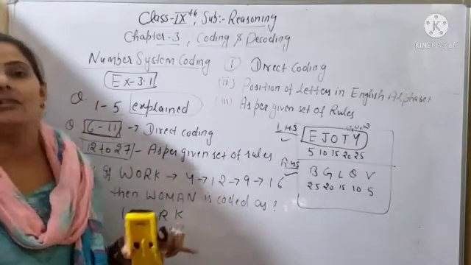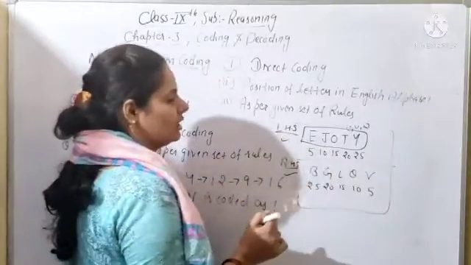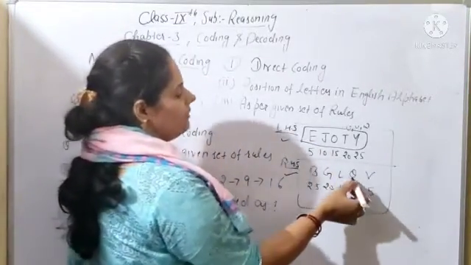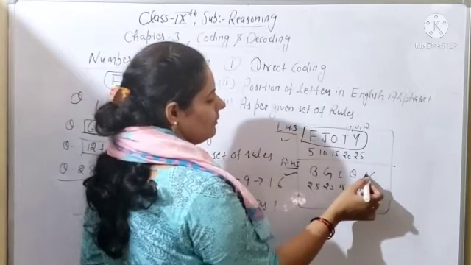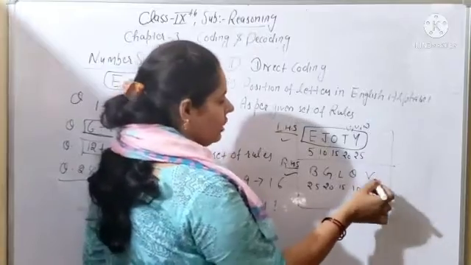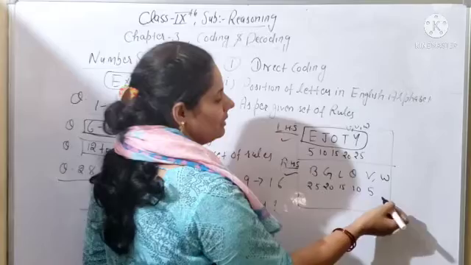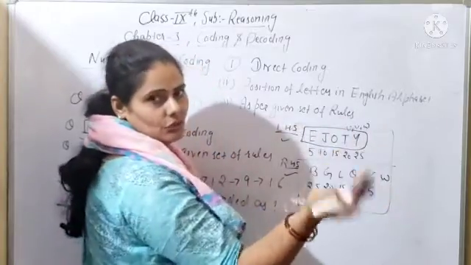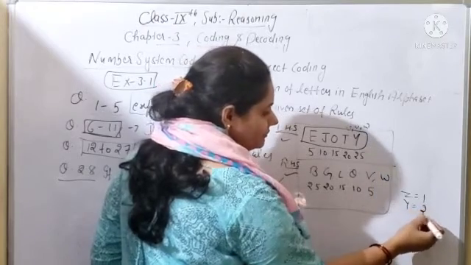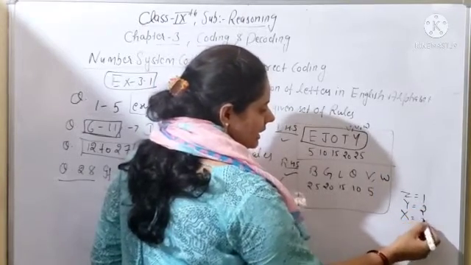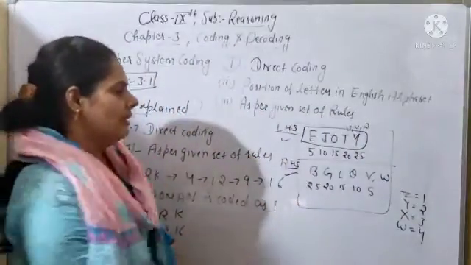Okay, it means you have to start from the right hand side. So from the right hand side, here you can find out after U, V, after V it will be W, X, Y, Z. Okay, so after V it will be W, and as you are going to this side, it means after 5 it will be 4, 3, 2, 1. Because Z position will be 1, after that Y 2, X 3 and W it will be 4. So what will be the position of W? So it will be 4 beta.